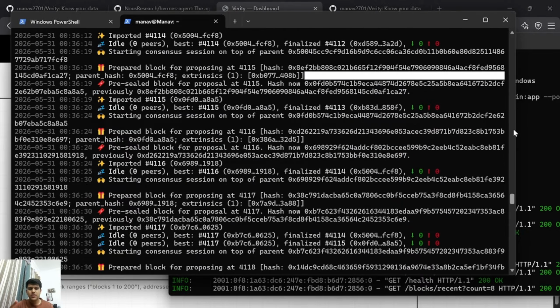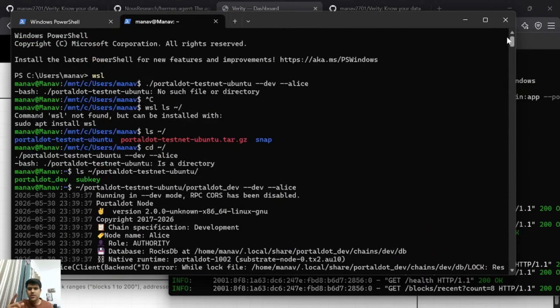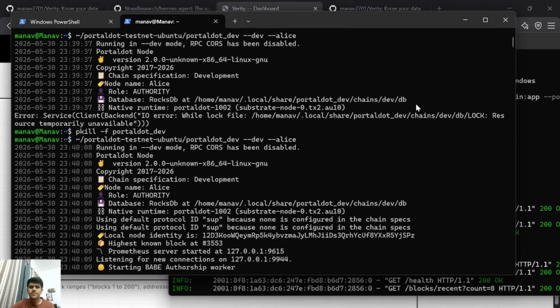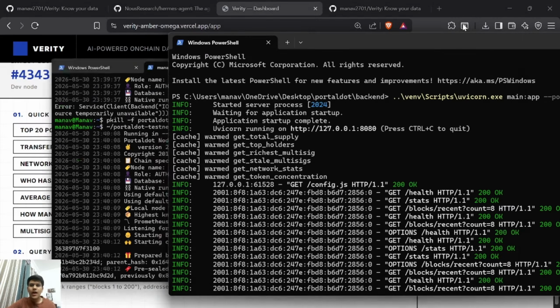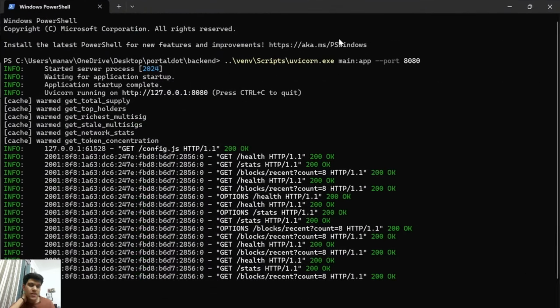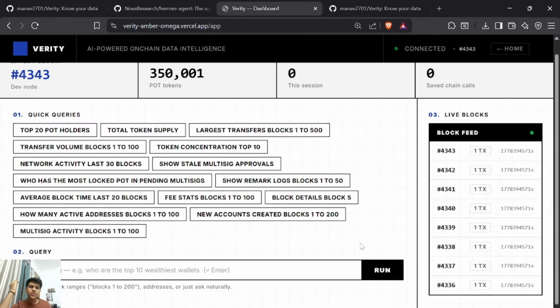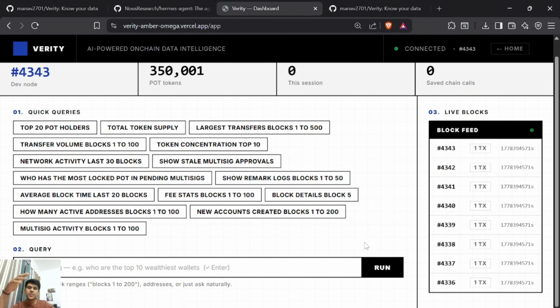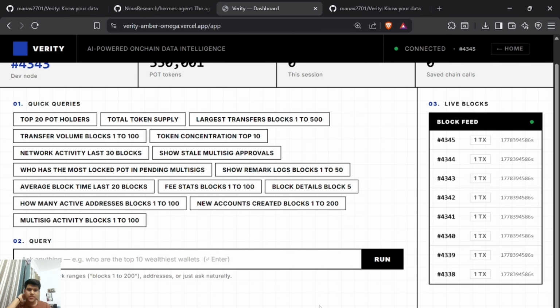So it's been running locally for a pretty long time now. Since it's running locally, I had to input data accordingly because it's not connected to the mainnet yet. It's right now connected to the local data, but once we connect it to the mainnet, rerouting it is not that big of an issue. It's pretty simple.